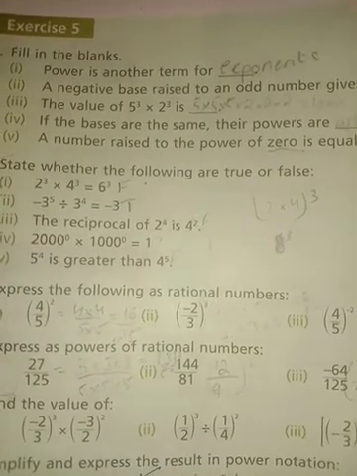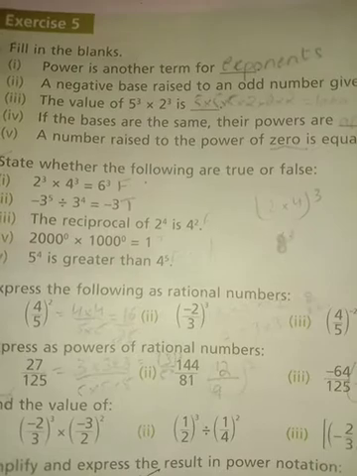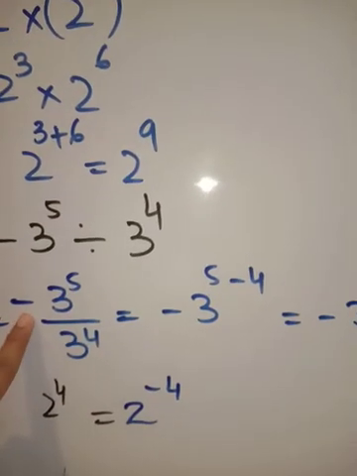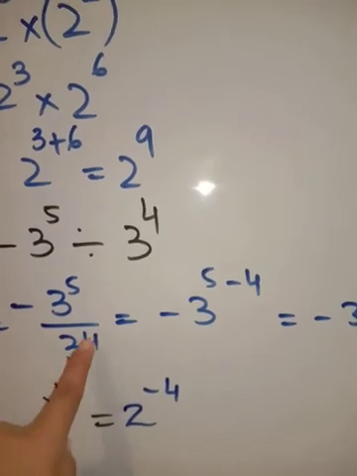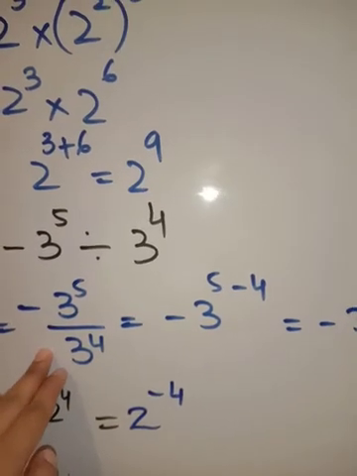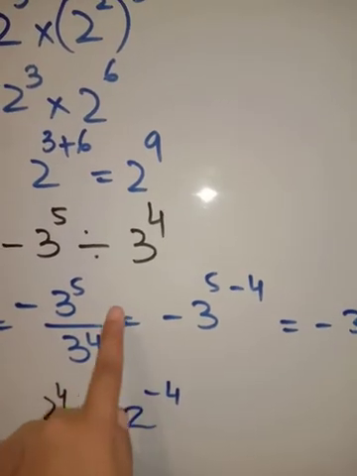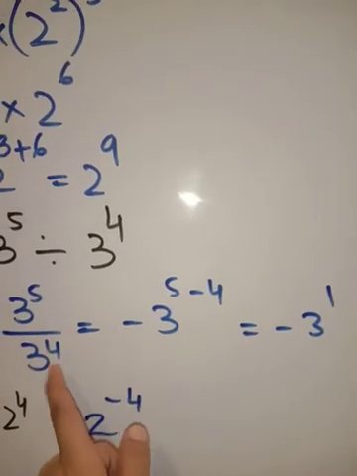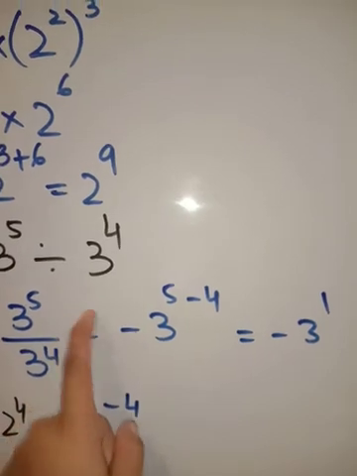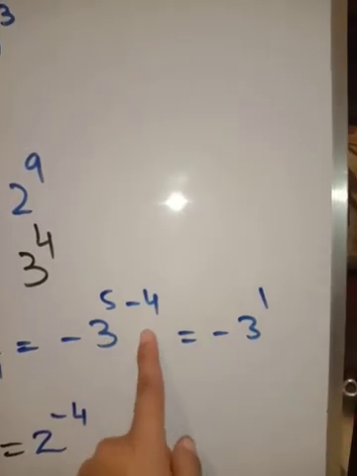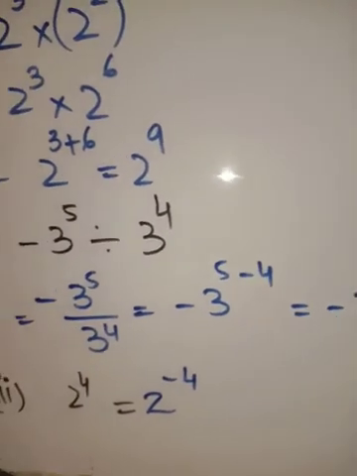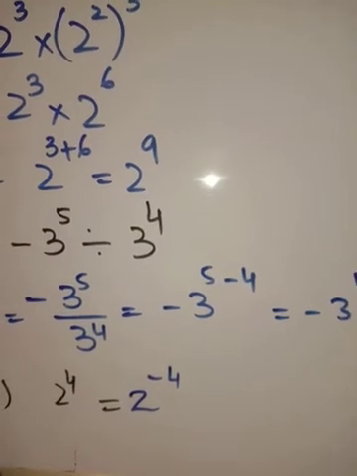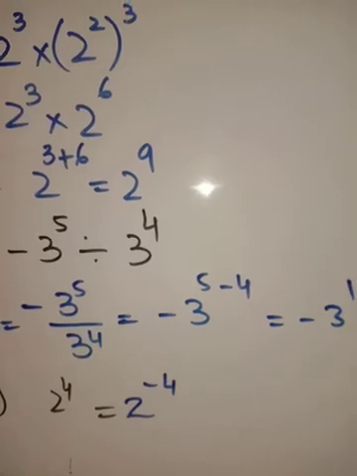Next is minus 3 raised to power 5 divided by 3 raised to power 4 is equal to minus 3. Let's have a look. Minus 3 raised to power 5 divided by 3 raised to power 4. So it will give minus, as it is 3 raised to power 5, 4, then becomes minus 4 when taking with 5. Understand? Minus 3, 5 minus 4, 1. Minus 3 raised to power 1 or minus 3 is same. So option 2 is correct. You will write T over there.